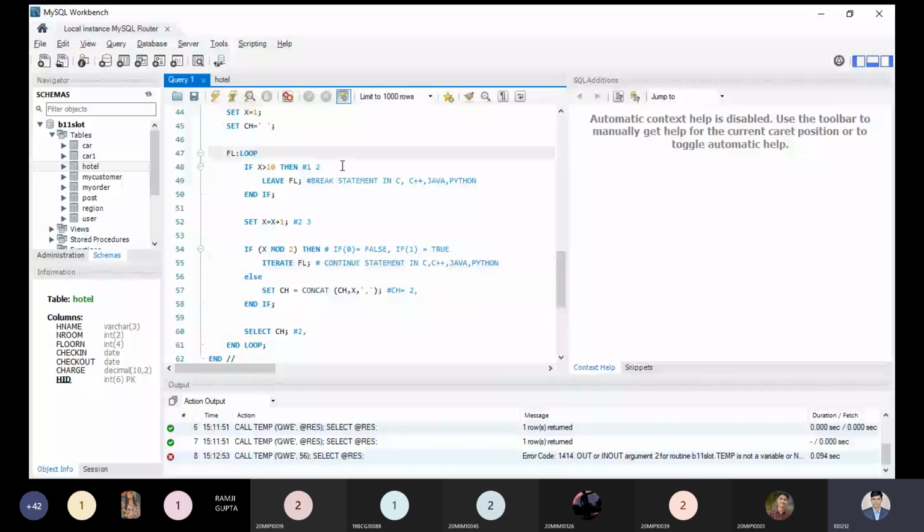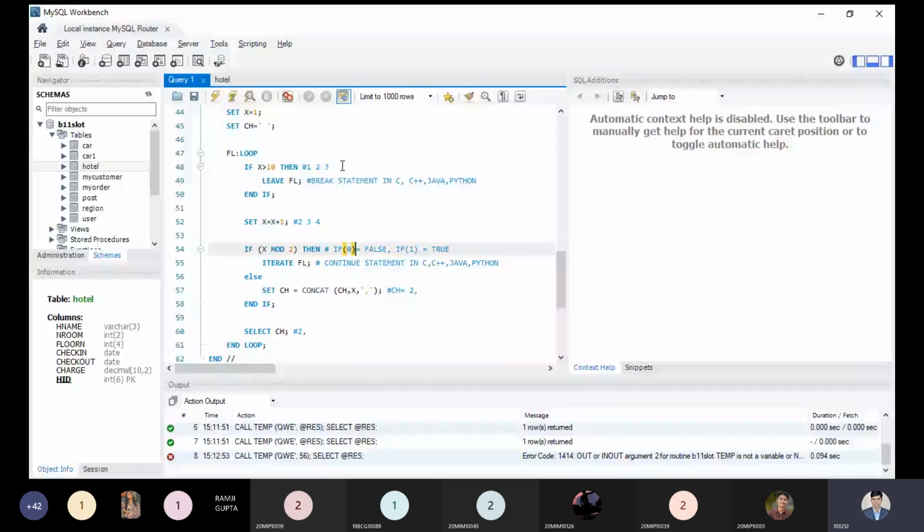Now again it will check mod 2, so I will get 0 because there is no remainder. So the condition will be false, so this iteration's if part will not be executed, and the else part is saying ch is equal to concat. So what does ch contain? ch equals 2 comma.